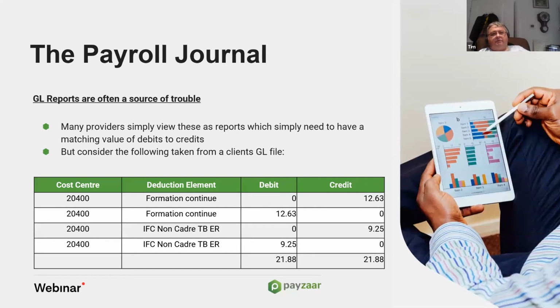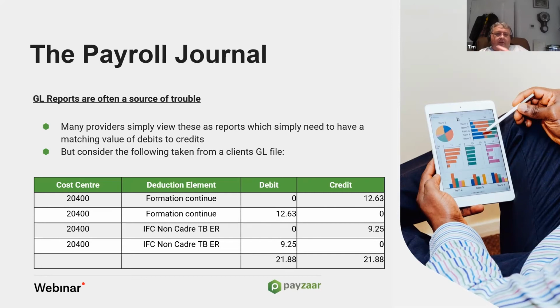So you can see the cost center is the same all the way down. Yes, they've got it to balance, but what have they done? They've posted a credit of 1263 and a debit of 1263 to the same cost center. Result, 0. That has not actually posted any cost into the books. So you may need to really roll your sleeves up and go into this granular level of detail when you are setting up with a new ICP to absolutely make sure that your payroll journal will do exactly what you want it to do. My client that this comes from,